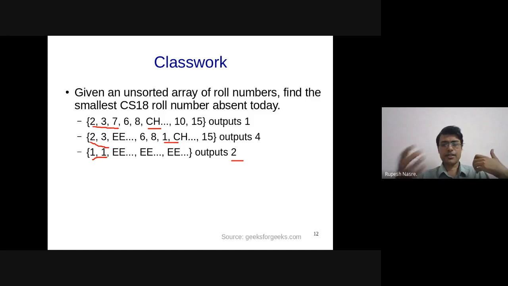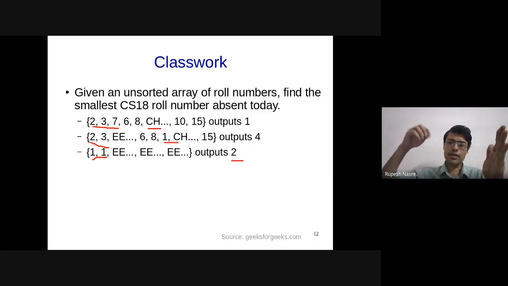So imagine, right, so that's Mani has agreed. Imagine in the worst case, you are given all the elements which are above n. Let's say above 10. 11 to 20 are the numbers which I have given. And you want to find out the first roll number which is missing. What will you do? You go over 11. It is above 10. I don't care. 20, above 10. I don't care. All of these I don't care. And I don't set any of the bits. Then you go over the bits array. The first element that is missing is 1. And you just output that as an answer.